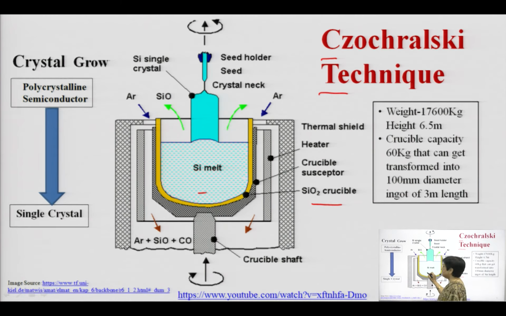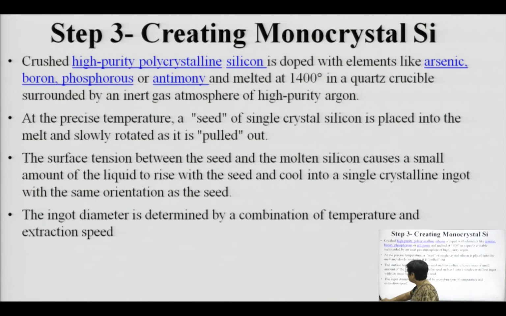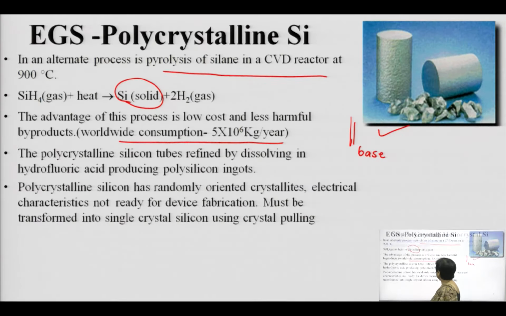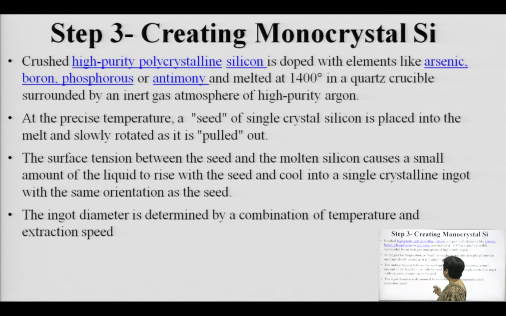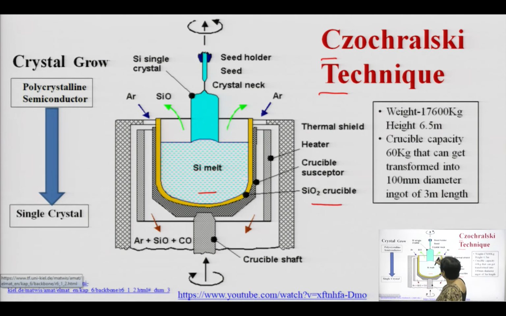You are having a molten silicon, in this you are having this particular dopant inside. This will give you the flexibility to design, develop or grow the silicon. The molten silicon will be solidified and the crystal growth will happen.